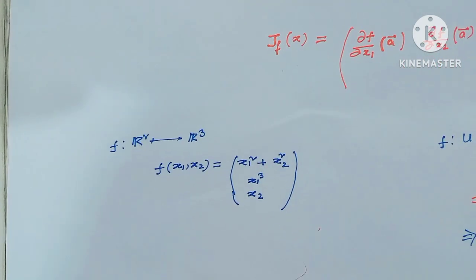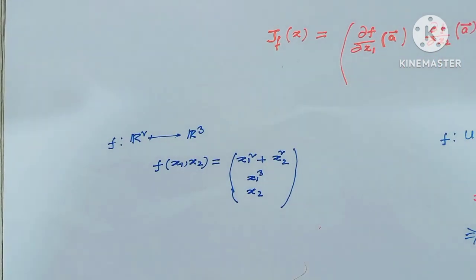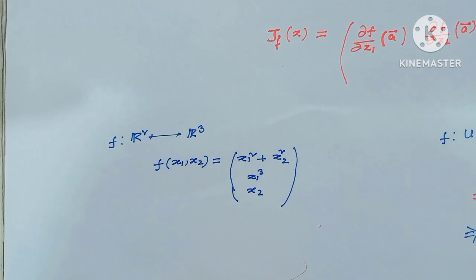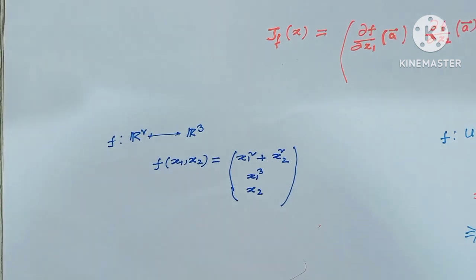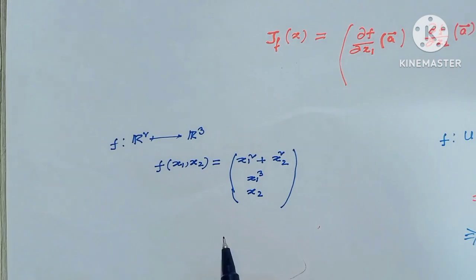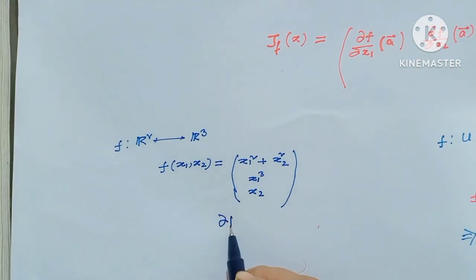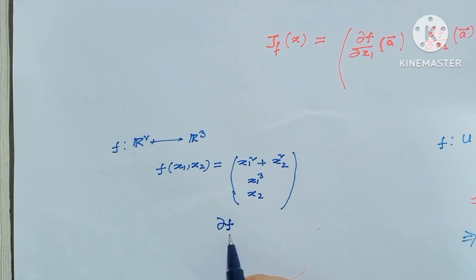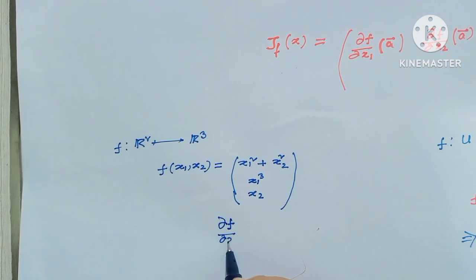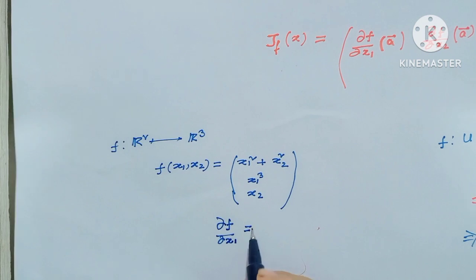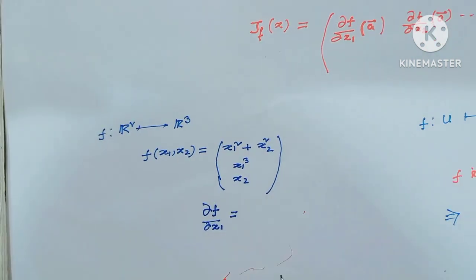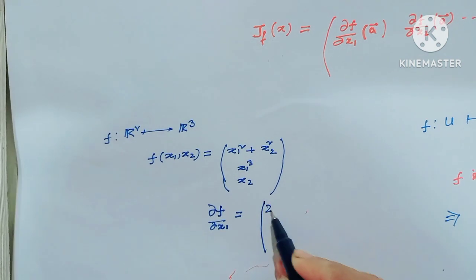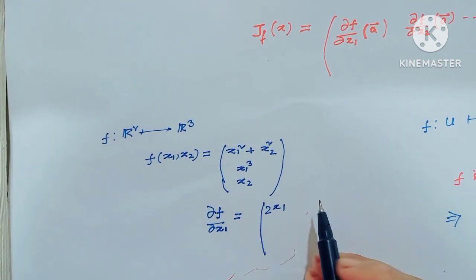Define one function f from R2 to R3 such that f of (x1, x2) equals (x1 squared plus x2 squared, x1 cubed, x2). Notice here all the partial derivatives. At first, notice the partial derivative del f del x1 means the first component is 2x1,